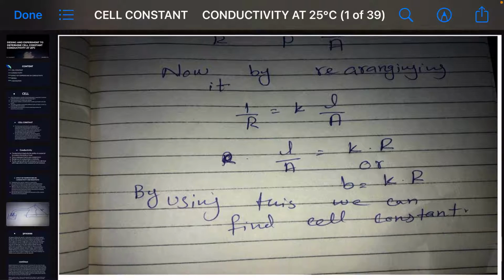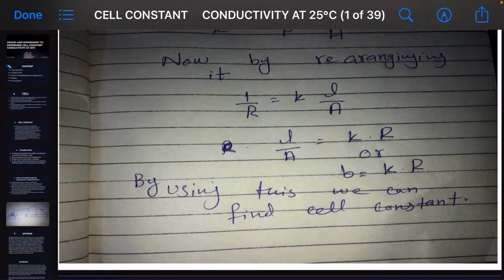By rearranging it, 1 over R is equal to kappa over L over A. If we rearrange everything in this equation, we have L over A is equal to kappa times R, and L over A can also be written as B, which is the cell constant. So the cell constant is equal to kappa times R, where kappa is the constant of the cell constant, and